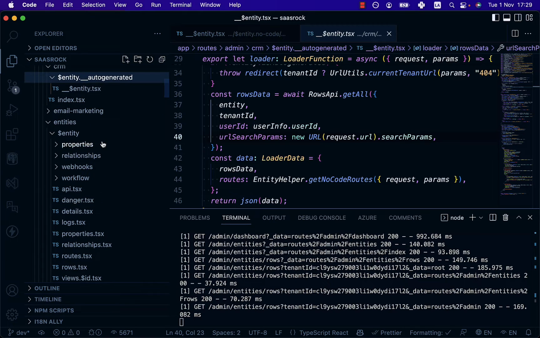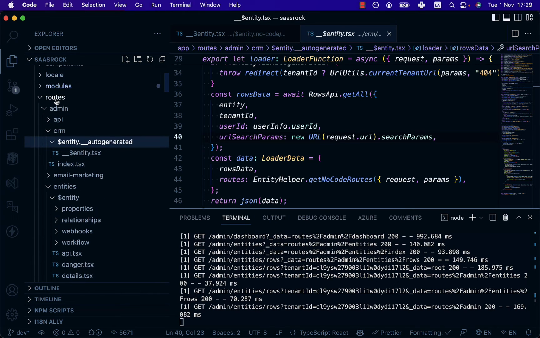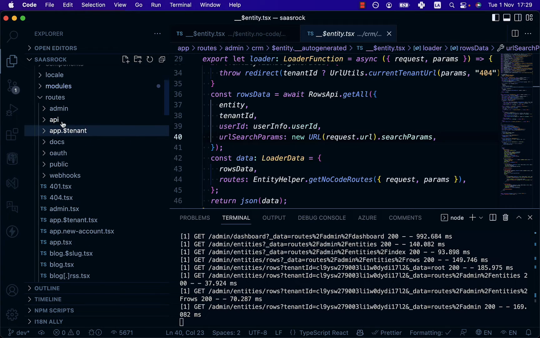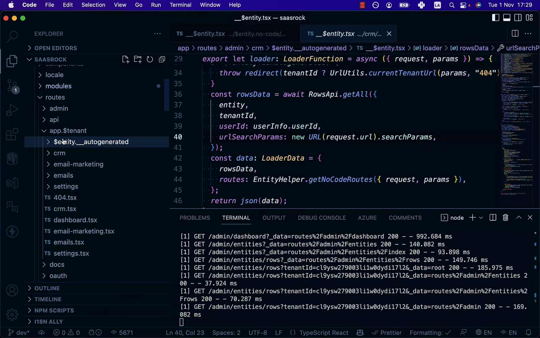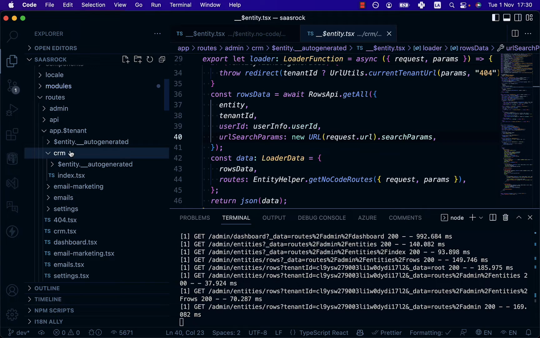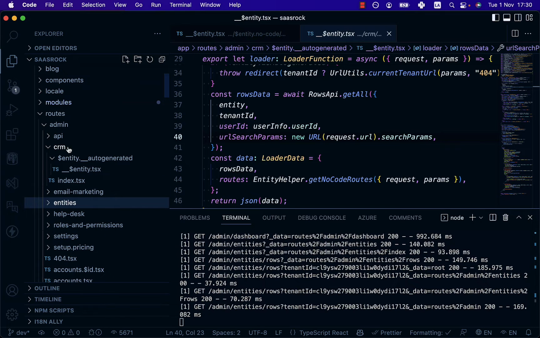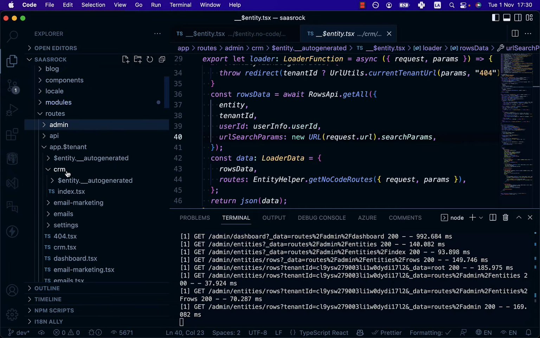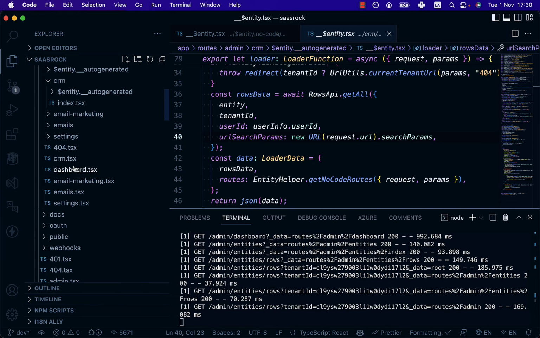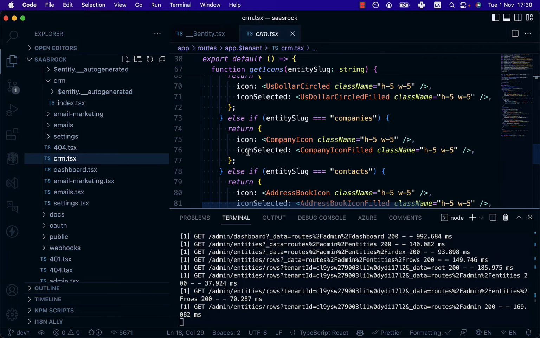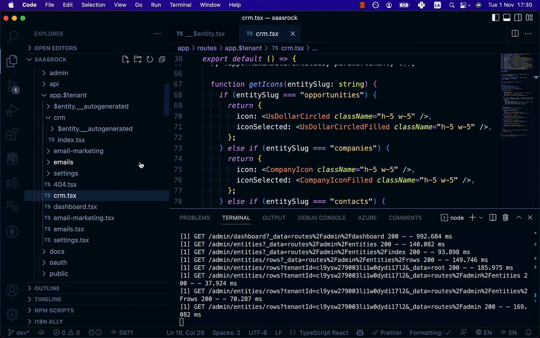So back to the CRM structure. Here I am on the routes admin CRM, but it's the exact same structure for the app. Here I am on the CRM. As you can see, this looks exactly the same. CRM, auto-generated, CRM, auto-generated, and the file that contains the sidebar menu. So like on entities,